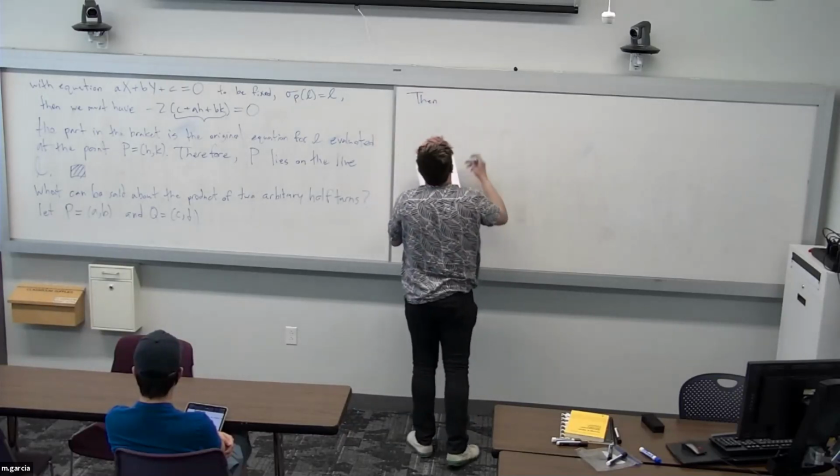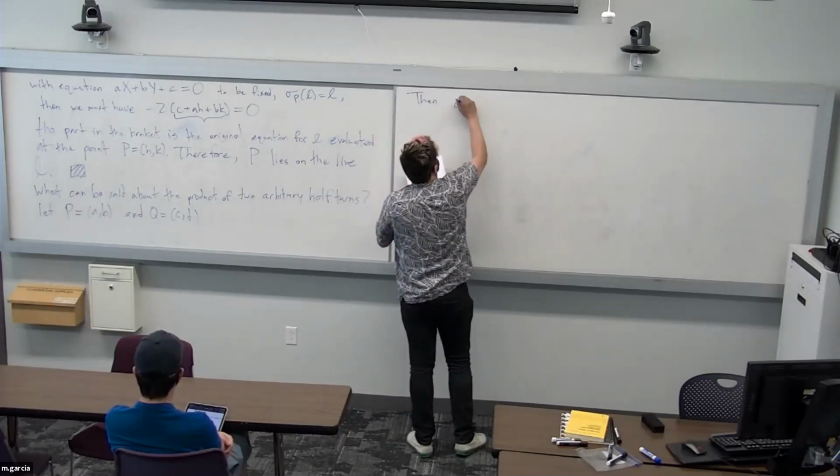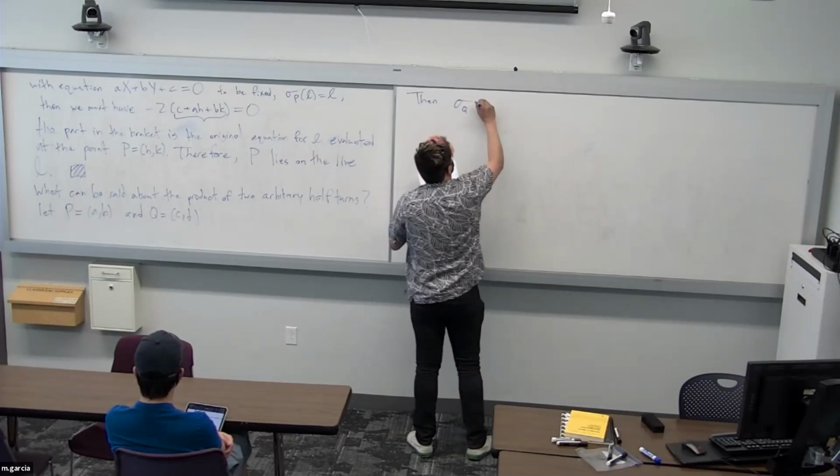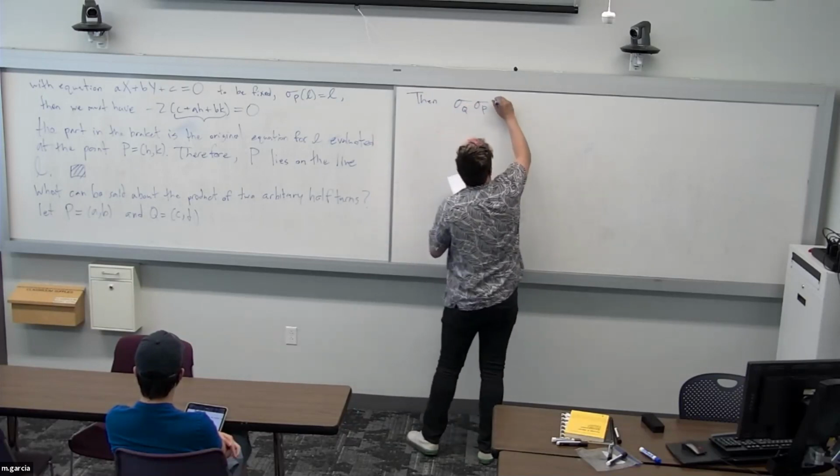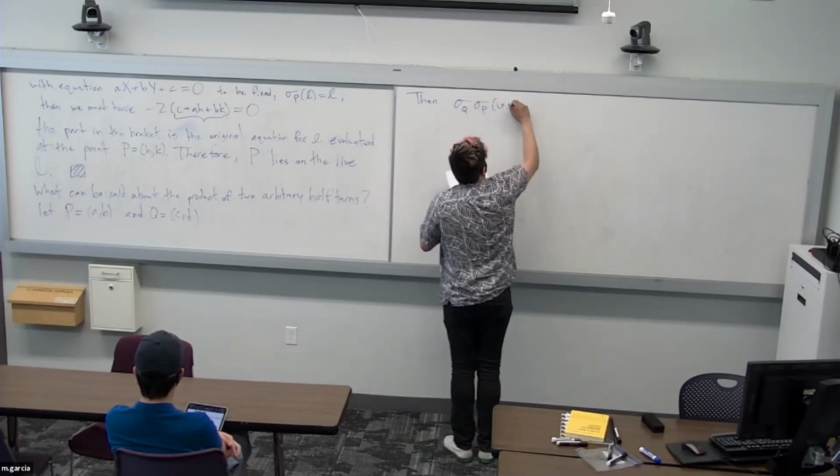Then, if we take sigma sub q times sigma sub p of (x, y),